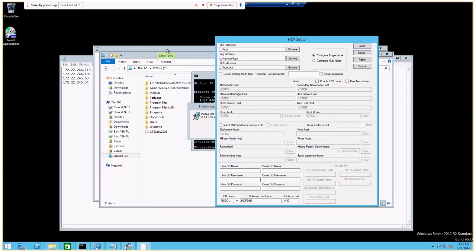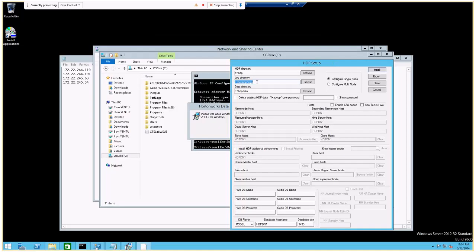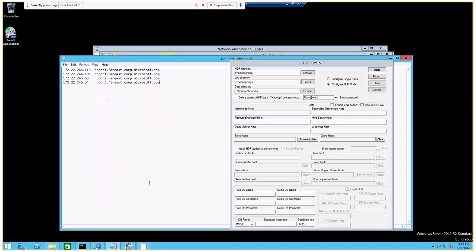This is our first data node. What we are going to do with the data node is repeat the same setting on this as well. Hadoop multi-node, password. Then we need the name node details here. The name node is